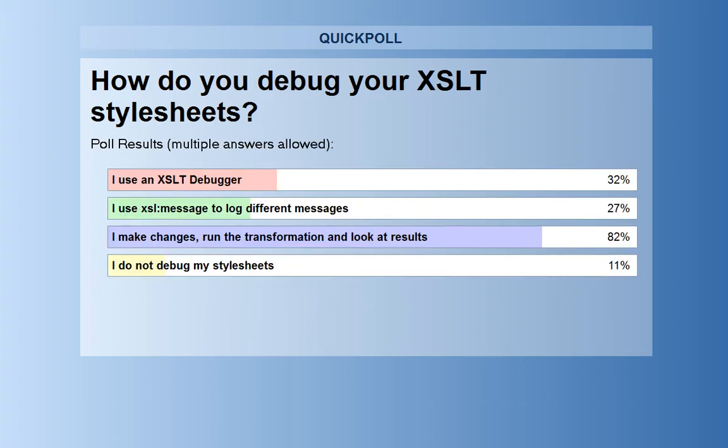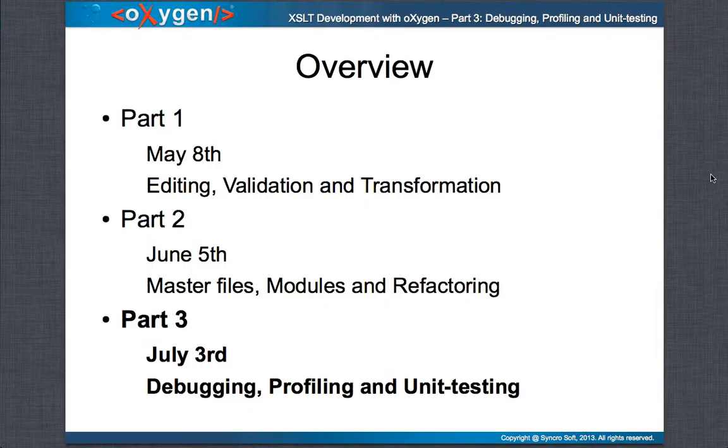So only a third are using a debugger. A good number also are using xsl:message. And a lot of people are actually just making changes and looking at the results. So maybe Octavian will show you that using the debugger can be really useful in some cases and will speed up your development. Let's move on to my next slide, which is an overview of